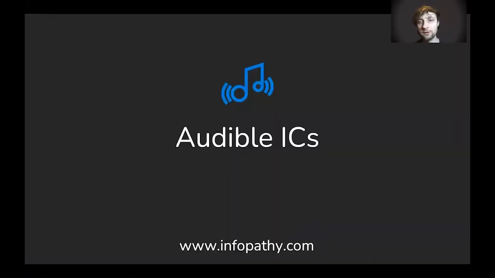And then the next one is Audible ICs. They are also generated with different algorithms. It can be just different frequencies. It can be so-called brain waves, binaural beats. It's when you use stereo headphones, and in one ear you hear one frequency, in the other ear a different frequency, and it creates this special beating effect inside your head, and that's supposed to affect the brain